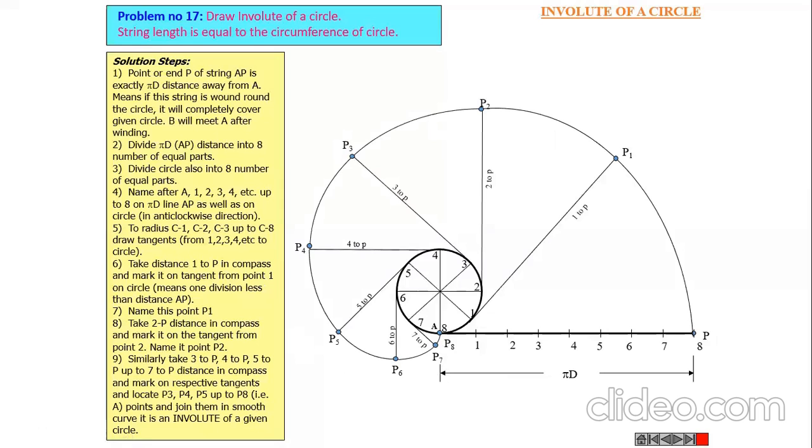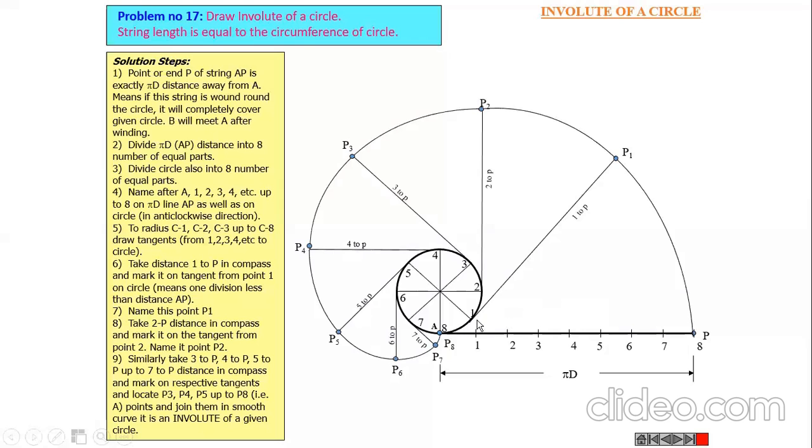I'm again repeating these steps. First, we have to draw a circle. The radius is given in the example. Draw the circle. Then divide this circle into 8 equal parts. Then give numbering, that is 1, 2, 3, 4, 5, 6 up to 8. Then find out the circumference of the circle, that is pi d. We know to multiply pi into d, and then draw a horizontal line from this end and mark a distance. If I divide the circle into 8 equal parts, then I have to divide this pi d into 8 equal parts.